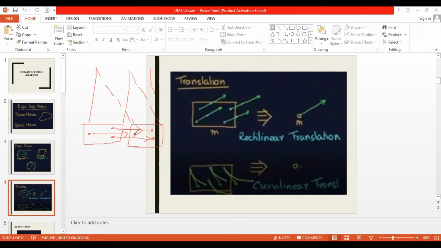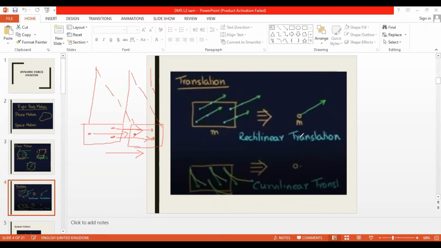In this sense, all the particles are exhibiting a linear motion. You see all the arrows are linear. This type of motion we call rectilinear translation. Each particle will move a certain distance to a new position in a straight line, which we call